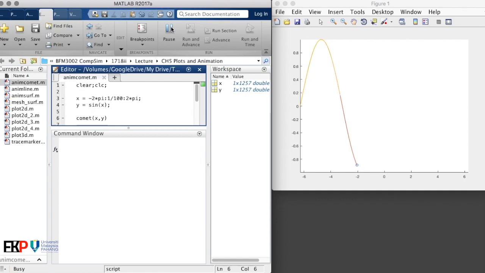The graph has been plotted with an animation of the curve that is moving like a comet. That is why the command is comet. So it will end when it hits the end of the range. So that is the 2-dimensional